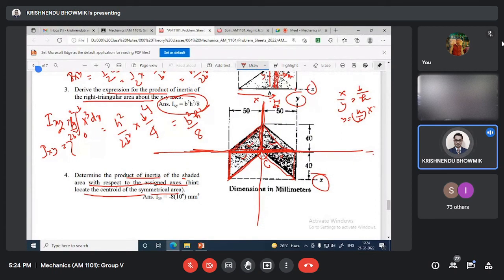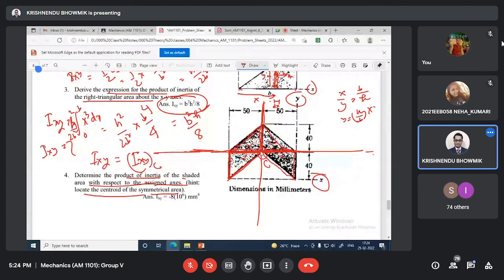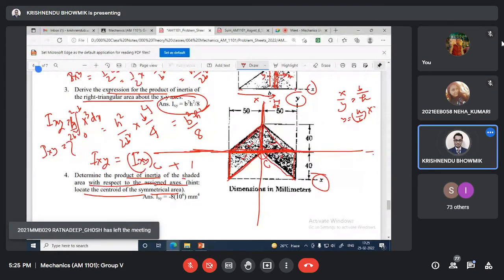Now, if this is the centroid location, then this Ixy will be Ixy with respect to C plus area times the distances. What is the area for this case? The area is 4 times